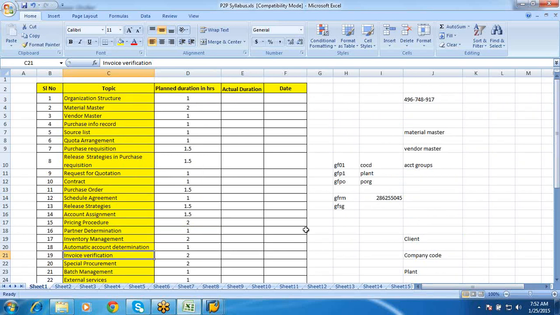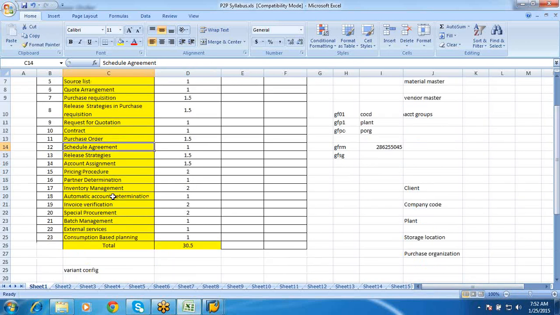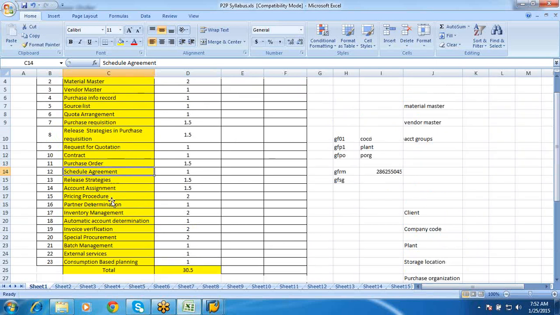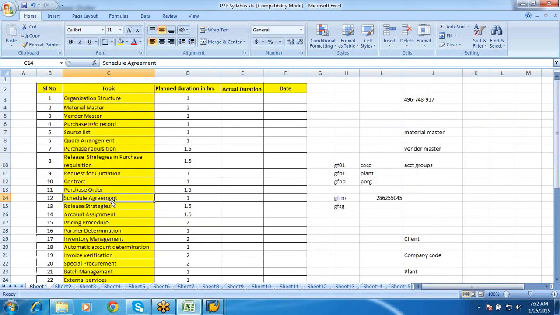I don't have to include all these topics in my resume, right? Some requirements were asking for invoice verification, which is important, and then procurement. Special procurement was also there in the requirements.